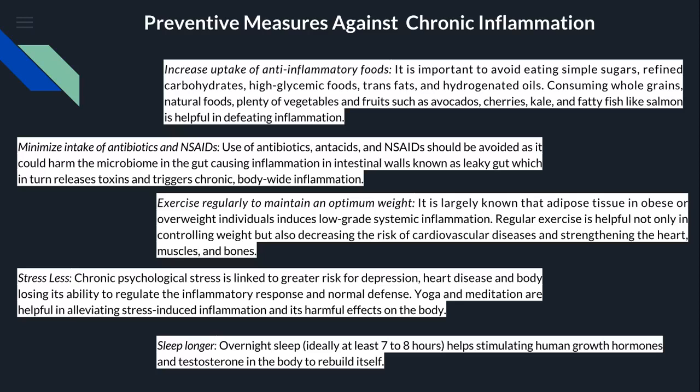And the first thing listed here is you have to increase the uptake of anti-inflammatory food. So you can see what is being listed: avoid eating simple sugar, refined carbohydrates, high glycemic food. You reduce it to the barest minimum, and you need to consume whole grains, natural food, a lot of vegetables,